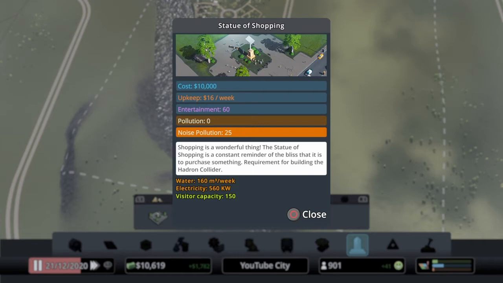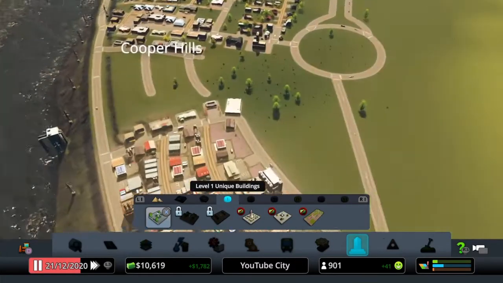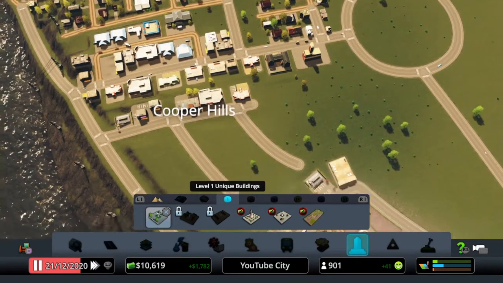Sure, it does create a little bit of noise pollution and use up some water and electricity, but it's a true tourist attraction essentially. So that might be something that I put in. I've only got 10,000 in the bank now, and it costs 10,000. So we might wait a little bit, but we might make that the feature of the Cooper Hills shopping district